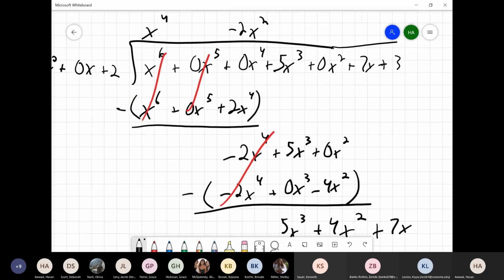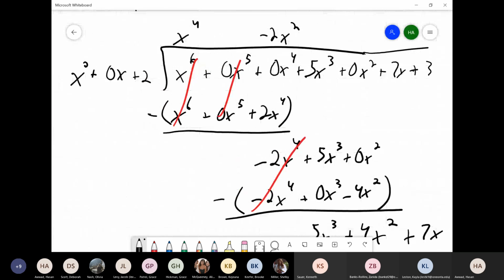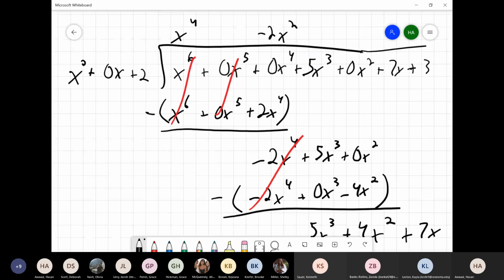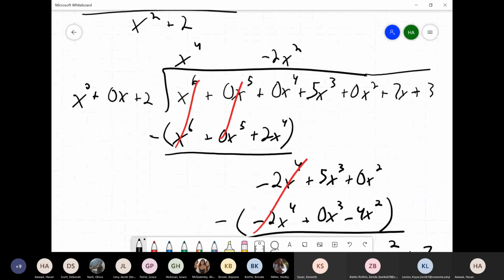And now we play the same game all over again, right? I need to multiply by something to give me 5x to the 3rd. In the interest of time, just to make sure that we get through this, I'm going to go a little bit faster here. So x squared to give me 5x cubed, I know I need to multiply by 5, and I also know I need to multiply by x, right? X squared times x gives me x cubed. So that means I'm going to be multiplying by 5x. So plus